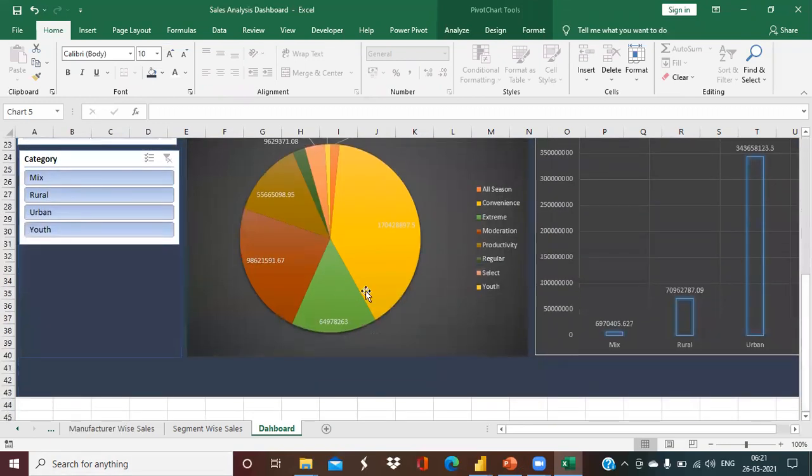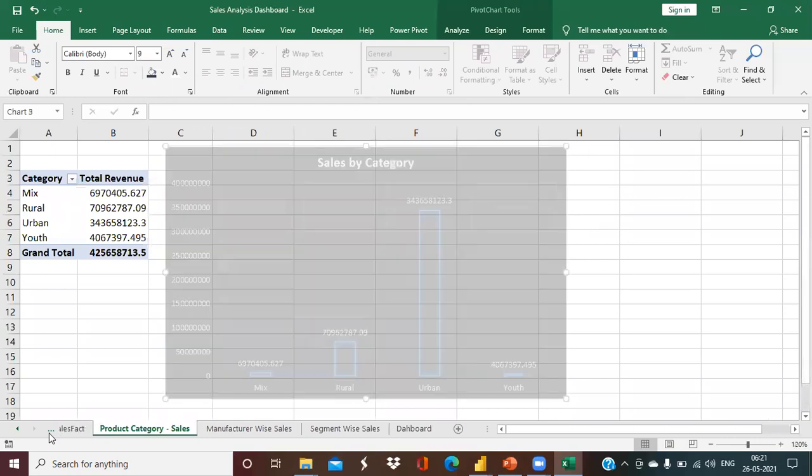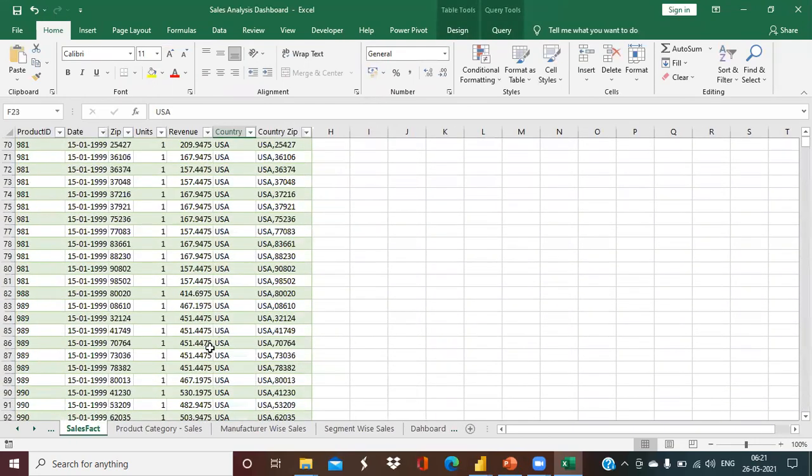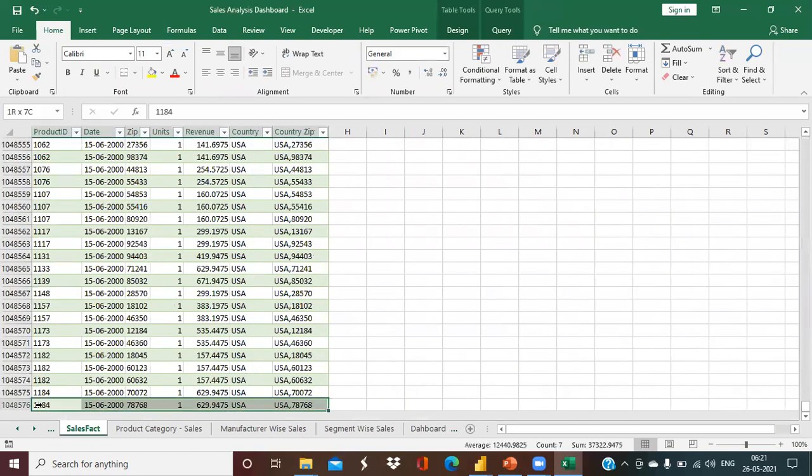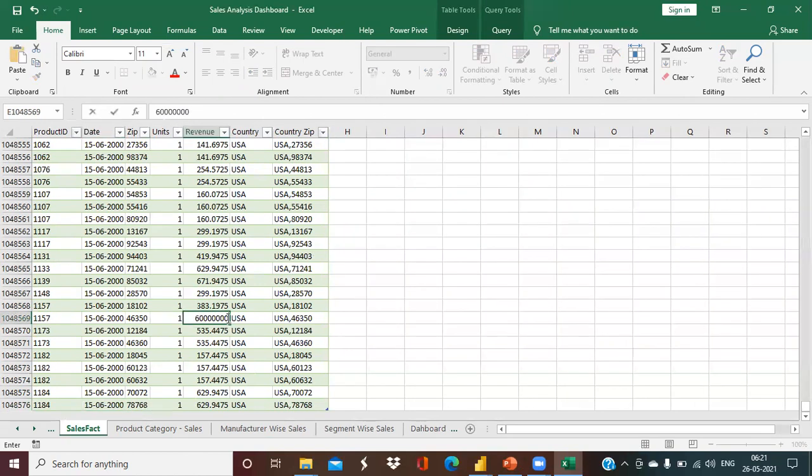No problem. Let's say I go to my sales fact table and put an entry anywhere at the end of my sales table, or maybe I update a value here, let's say 6,000. Hit Control S to save whatever is getting inserted or updated.